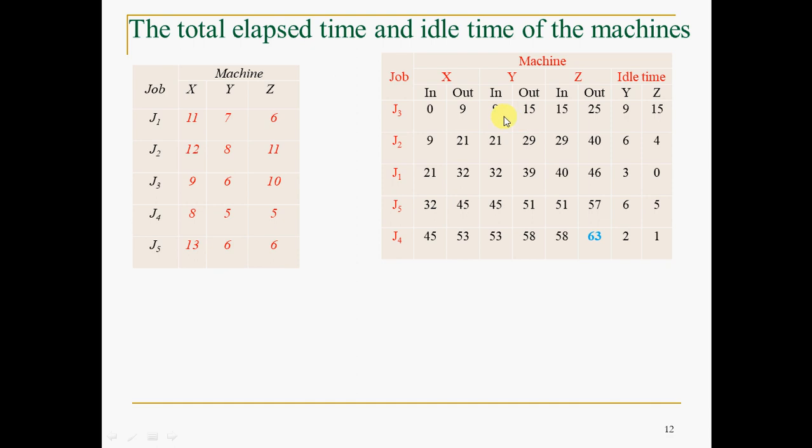Okay, now though it has completed the job by 15 minutes, the next job, that is J2, mission X is not giving before 21 minutes. Hence, whichever is higher, you have to write that one. If you write 15, what happens? It will become under process, I mean, without completion of this, it is taking the job, which is meaningless practically. So after completion of this only, it has to take the next. So then here you have to write 21.